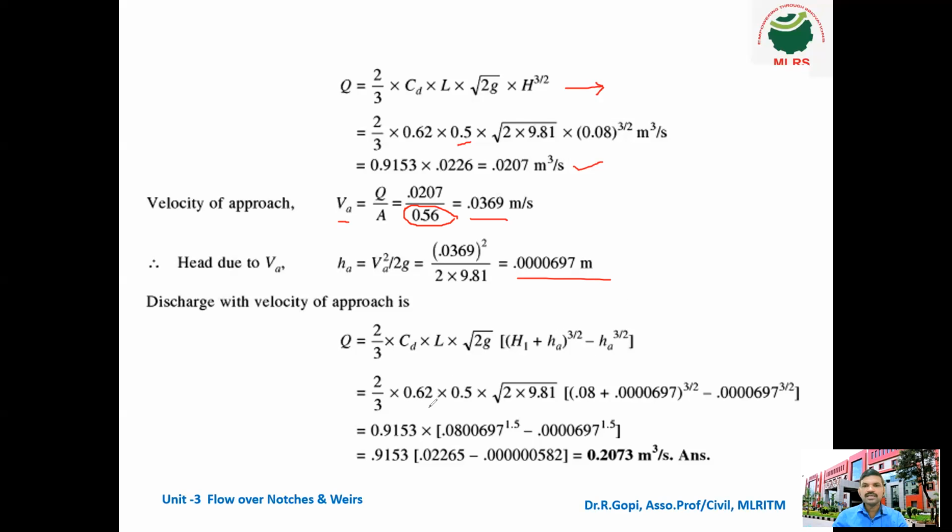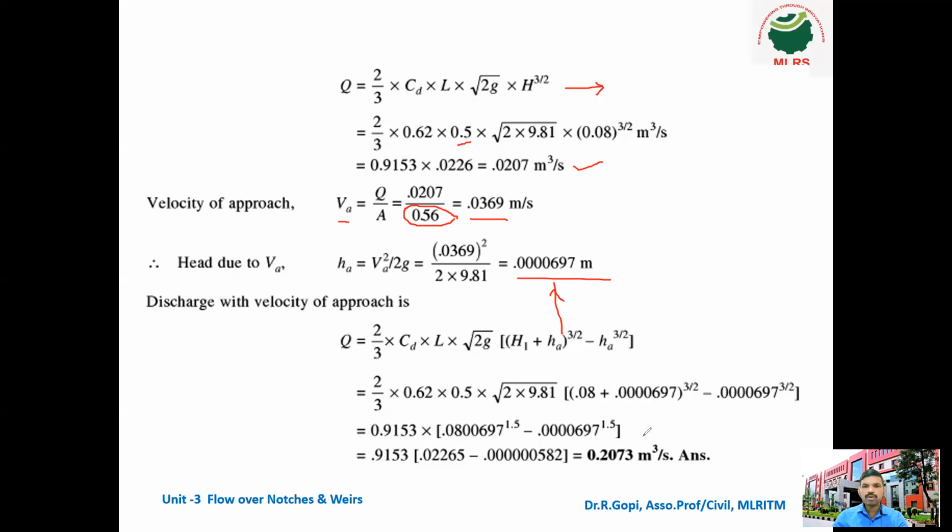CD is 0.62, into L is 0.5, into root 2G, G is 9.81, into (0.08 plus HA). HA is here 0.000697 power 3 by 2, minus 0.000697 power 3 by 2. So simplifying all the data,